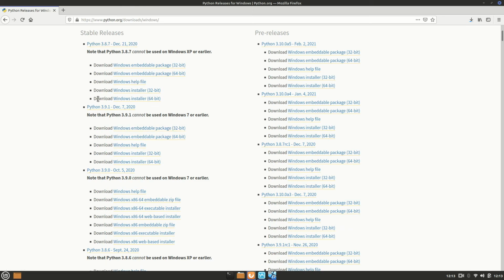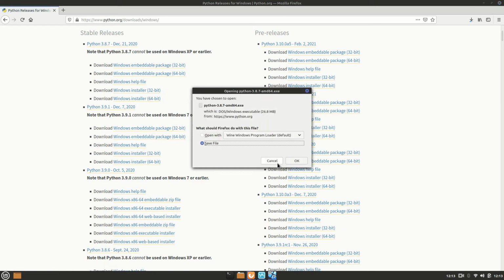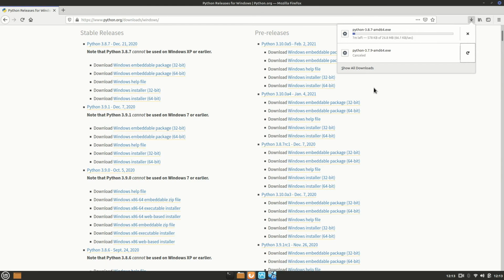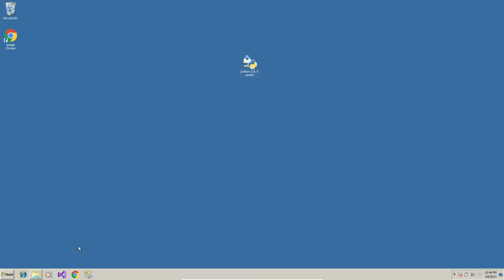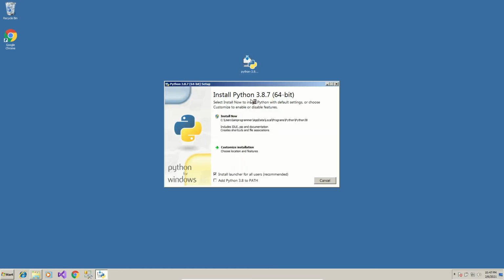So I will just follow this hyperlink, Windows installer 64-bit. I'll click on this and click on save file. It is going to take some time depending on your internet connection. It is around 27 MB. Once this is downloaded, which is 3.8.7, just double click on it, and this is the most important